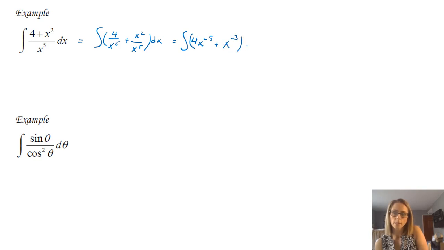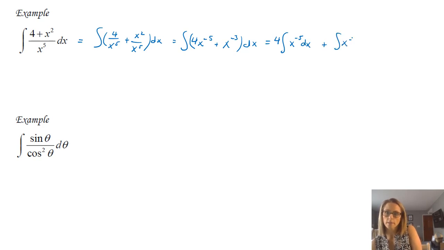So I'm just rewriting this so that I can get to the point where I have something that looks like those integral rules. Because now I have two pieces that each are x to the n. And the 4, okay, I can do different things with that depending. I will not expect this every time, but if I were to say use the integral rules, your next step would be then to separate them. So you're showing that you understand that this is a rewrite that you have using the properties that we have.